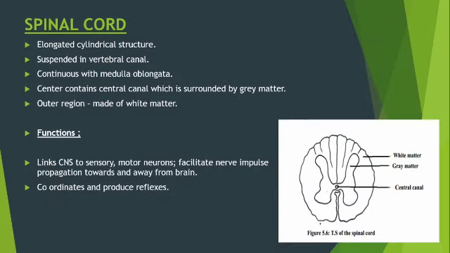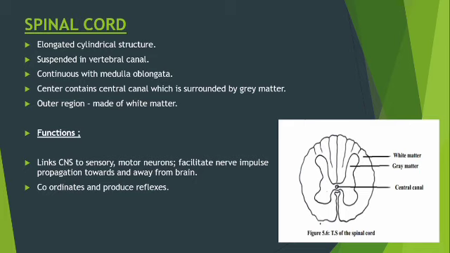Spinal cord. Spinal cord is an elongated cylindrical structure suspended in the vertebral canal, and it is continuous with the medulla oblongata. The center of the spinal cord contains central canal, which is surrounded by gray matter. Outer region of the spinal cord is made up of white matter. So that is the difference